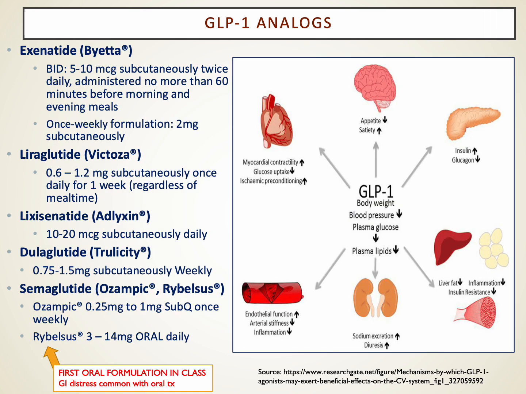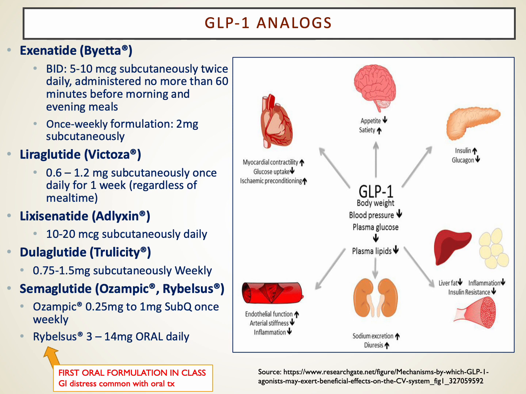The number of agents that we look at here, there are a number of them. The most common ones here are available as a once-a-week subcutaneous injection. The two probably most common agents in this group are maybe Trulicity and Ozempic. Maybe Victoza is a third one you may see used. And the advantages of the